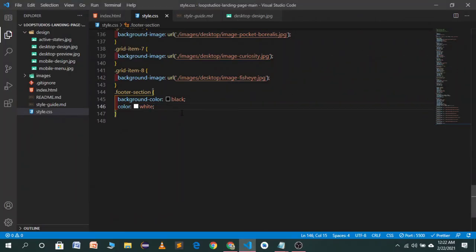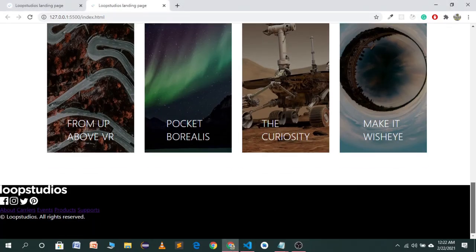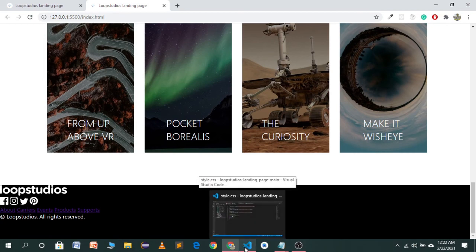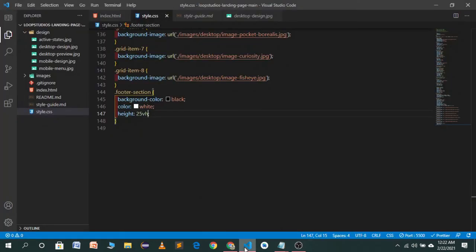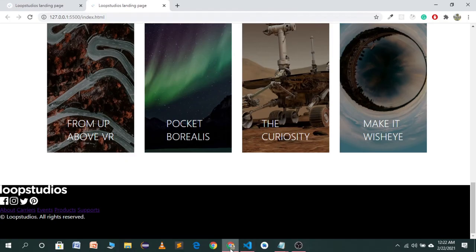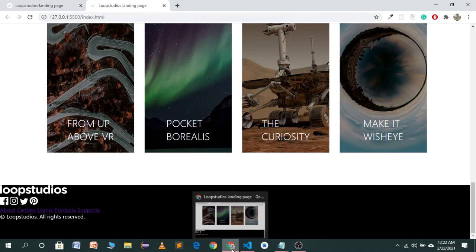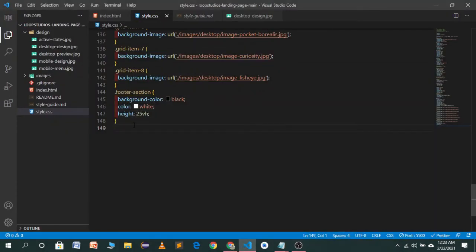We just need to increase the height. Let's write 20 viewport height, 25 viewport height is looking good. Let's try 30. Now 25 is looking good. So just arrange them in the horizontal direction. So for the footer section we will use display flex.